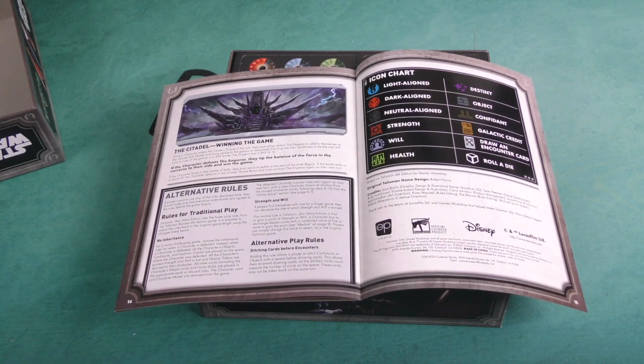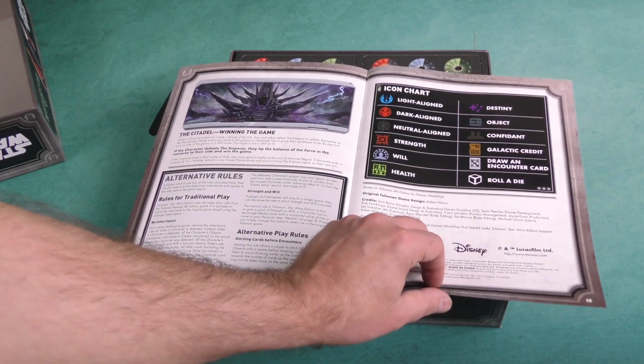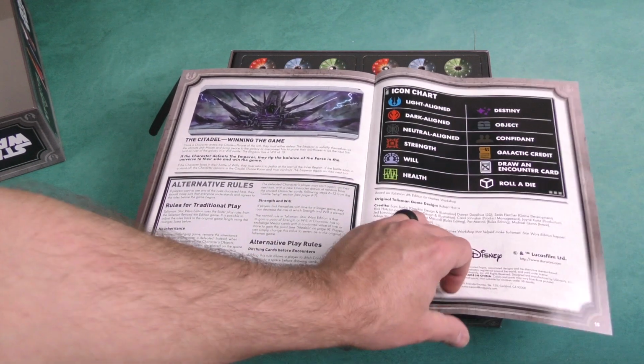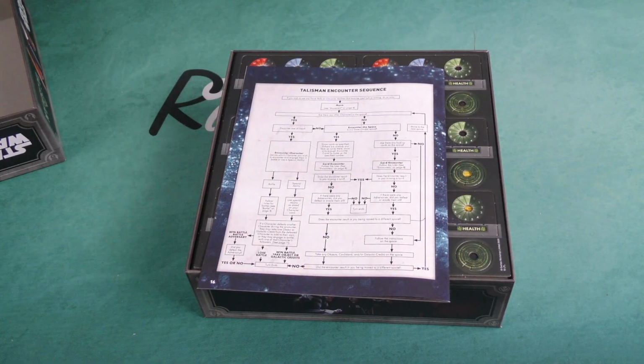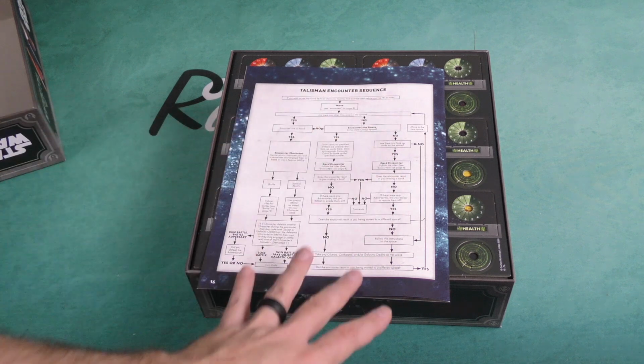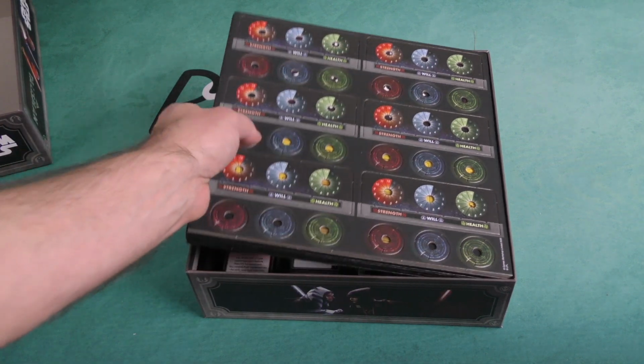Talisman Star Wars Edition uses the faster play rules from the Talisman Revised 4th Edition game. So you can adjust it back to the original version, which could be a very long game. Original Talisman could go on for a long time, but it looks like this is taking on the 4th Edition rules, which make the game go a little bit more quickly. Here you've got a bit of a spreadsheet for the Talisman encounter sequence. All right, so let's take a look at the